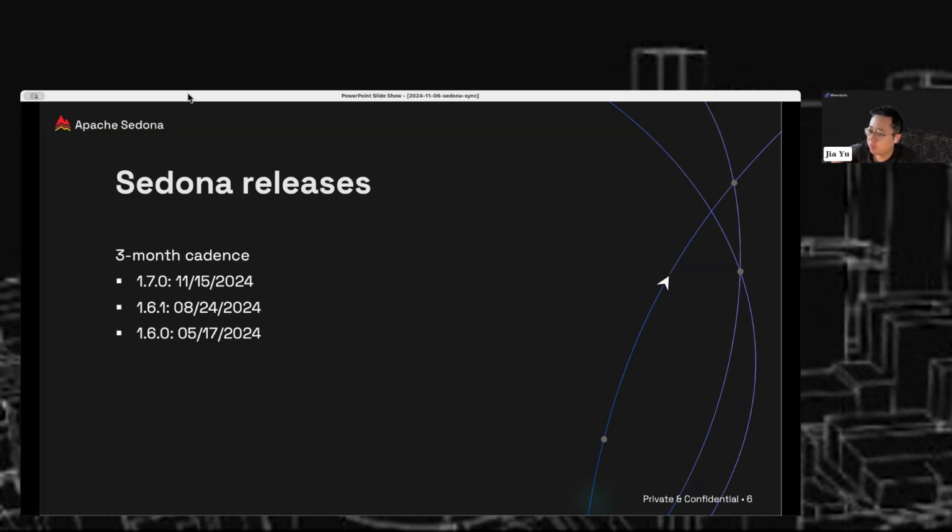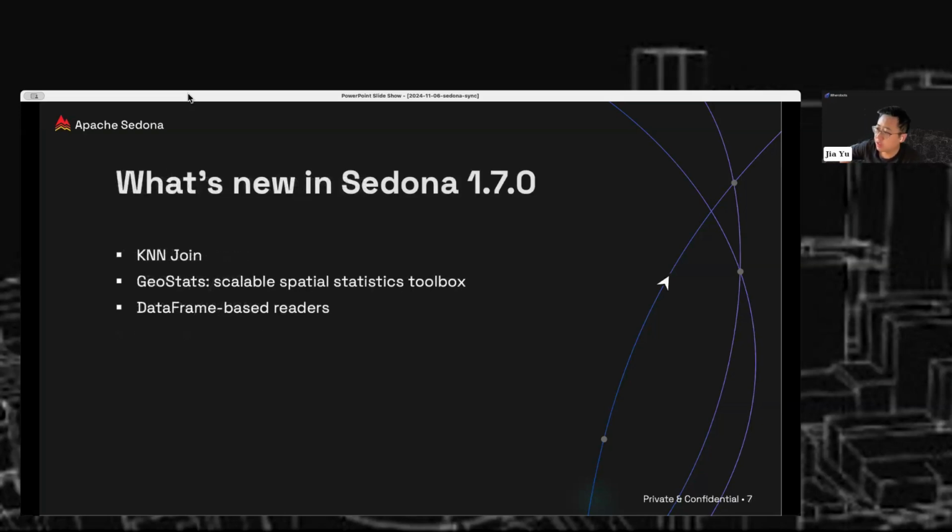So this is about the 1.3 release. Now let's see, what are the new features we're going to include in the 1.7.0 release? There are three main things we're going to include. First of all, the K nearest neighbor join. The K nearest neighbor join is one of the most important join operators that can enable users to find nearest